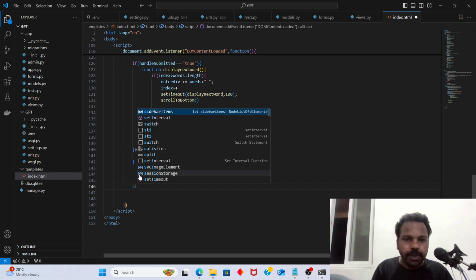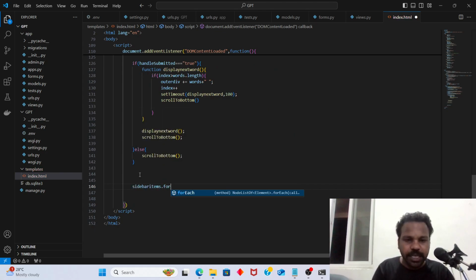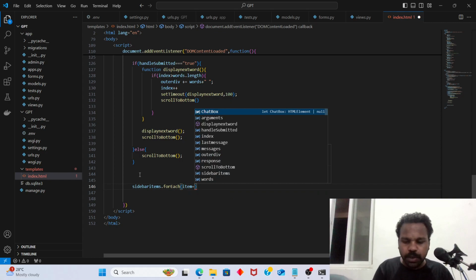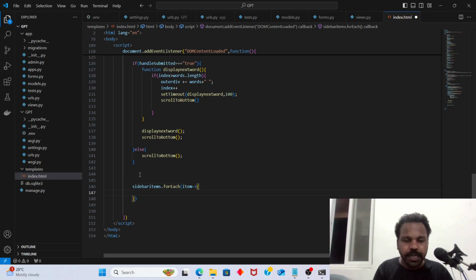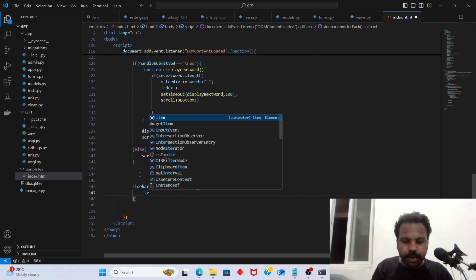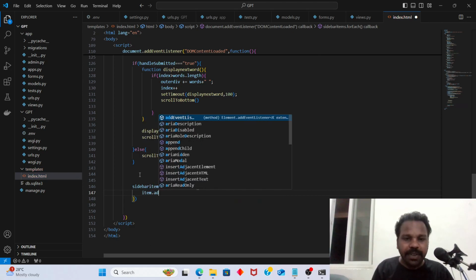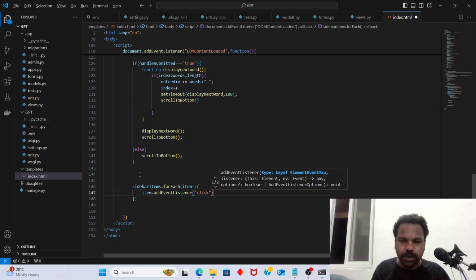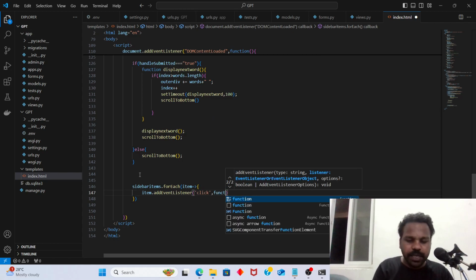And then sidebarItems.forEach of item, we are giving a JavaScript function here. And then here item.addEventListener of click, and then actually if we are giving the single quotations, same as, nothing will be changing. Function,